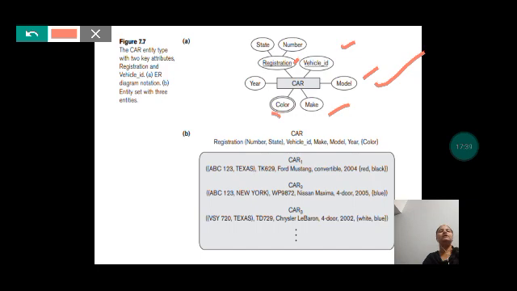Okay, and then the color of that car. Since we discussed in my previous video that if any attribute is represented with double ovals, that is called a multi-valued attribute, right? We took the same example there, the color of a car. A car can have multiple colors, meaning the same model car can be available in more than one color. That's why we most of the time represent the color attribute in a double oval, in the sense that it has multiple values.